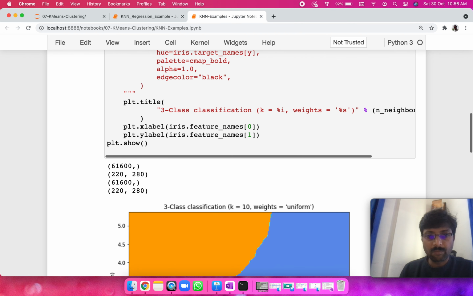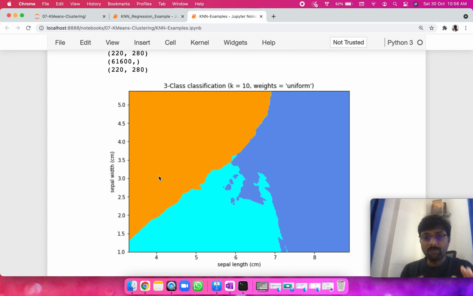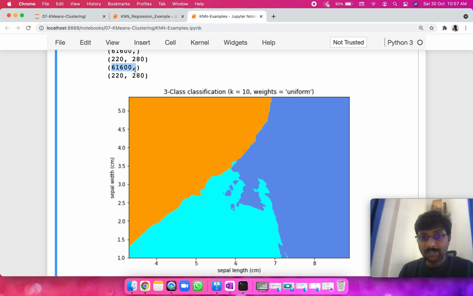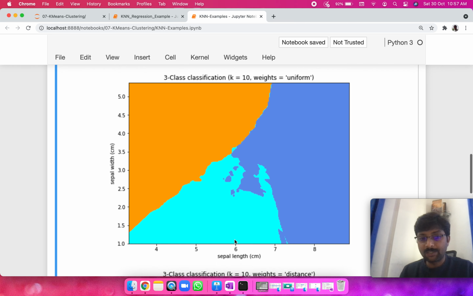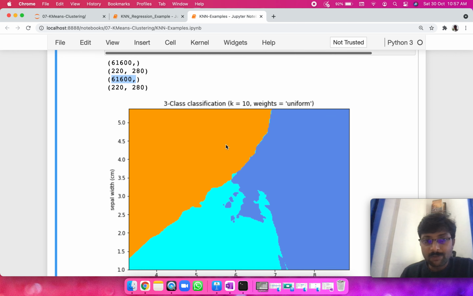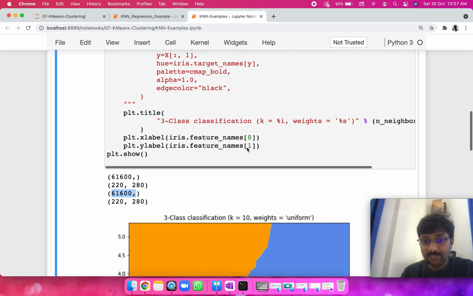Alright, I think it's still plotting. Yeah, so if you look at it now, we have plotted the predictions with the colors filled in, right? We can clearly see one color indicates one classification, and there are some overlaps here. Those could be error cases, or maybe that is the way this data is spread out. But the idea is, for every sample in this mesh grid, we've got almost 61,000 samples if I multiply x by y, for those many samples we have computed and colored this. This is the prediction graph.